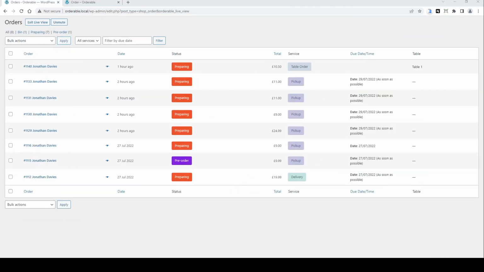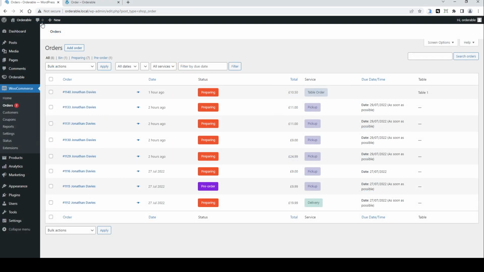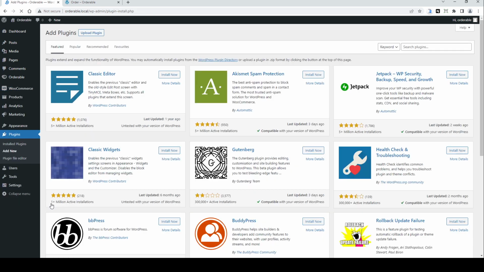This last bit is a custom code that, when an order comes in, changes the status to whether it's a pre-order or it needs to be prepared now. This bit of custom code I've done myself. I haven't coded in a very long time, but it works. You need to have the custom statuses set as shown earlier in this video, and we're going to need a plugin. So if we go to plugins, add new,